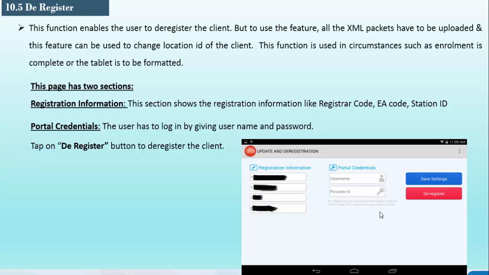This exercise can be done for the purpose of operator transfer, when an operator moves from one location to another. If you want to change the state or the district, in these cases we can go for the deregister option. Then we can register the client with some other district or some other state with different credentials for the same tab.